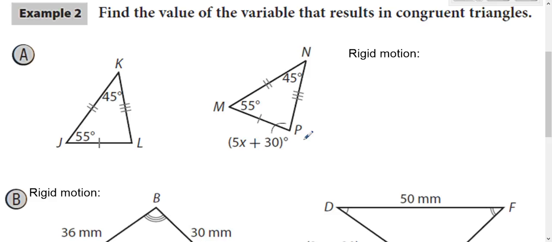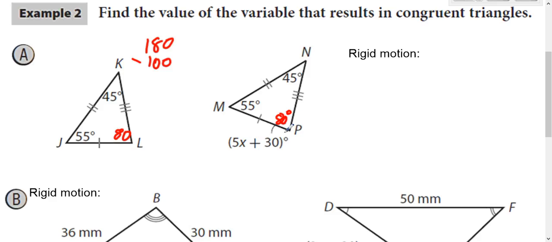Now, we said that the 3 angles have to add to be 180 degrees. So if the 3 angles add to be 180 degrees, that means we can figure out what this third angle is down here, angle L, just by subtracting from 180. So 55 plus 45 is 100, which means angle L is 180 minus 100, which is 80 degrees. Which means that the corresponding angle on the other triangle, right here, is also 80 degrees